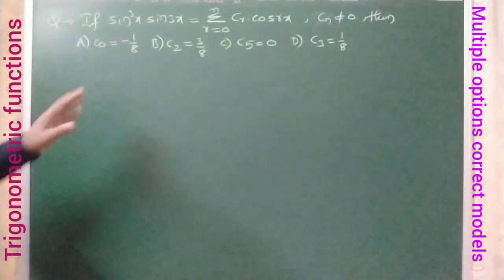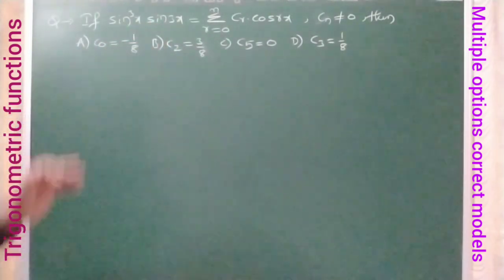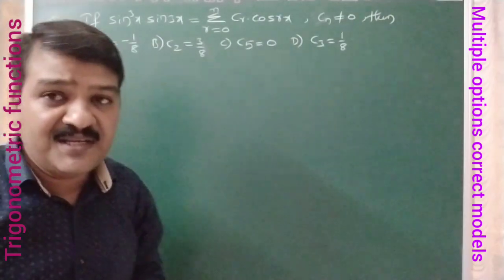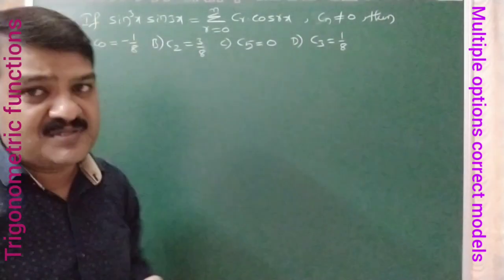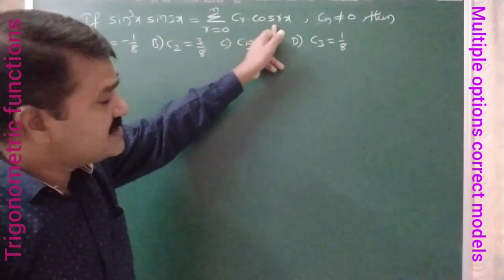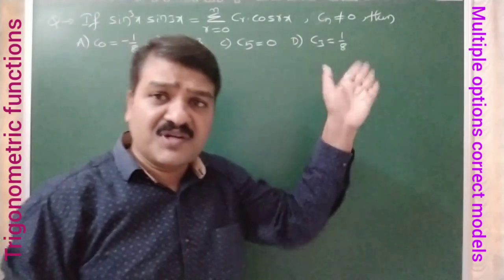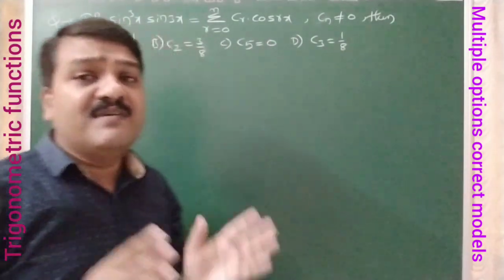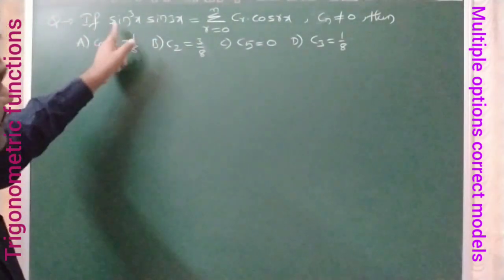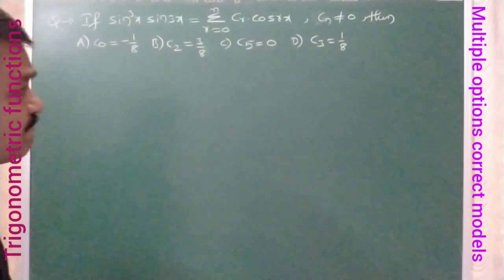So now we have to express this LHS in terms of a summation containing cos function terms. So we can have cos rx, that means cos x, cos 2x, cos 3x, cos 4x, cos 5x, like that. We must have cos function terms in the RHS. So this must be expressed in terms of cos function terms is the basic idea.